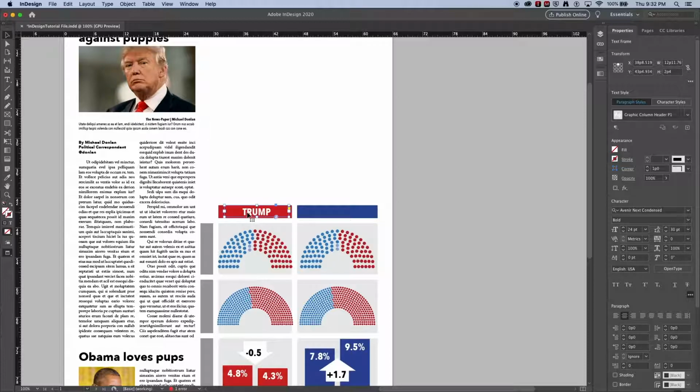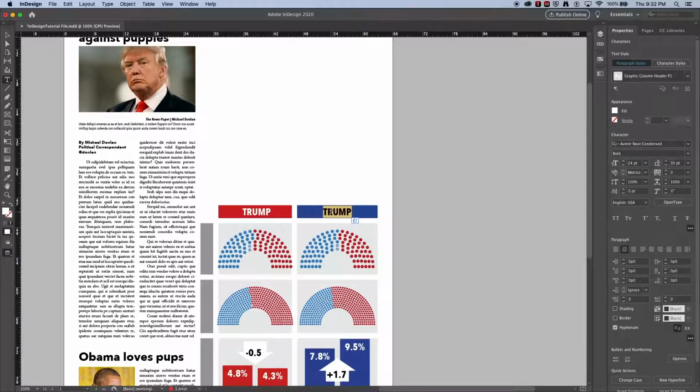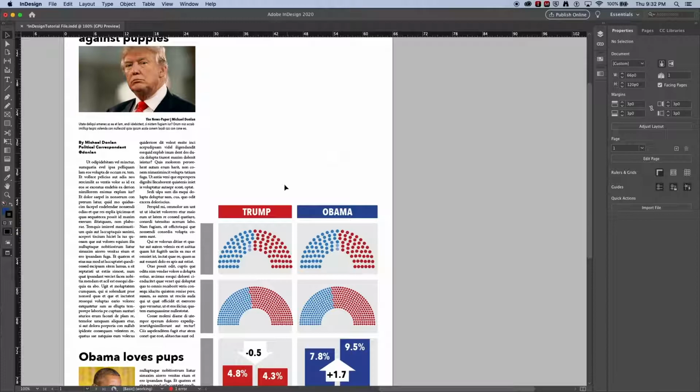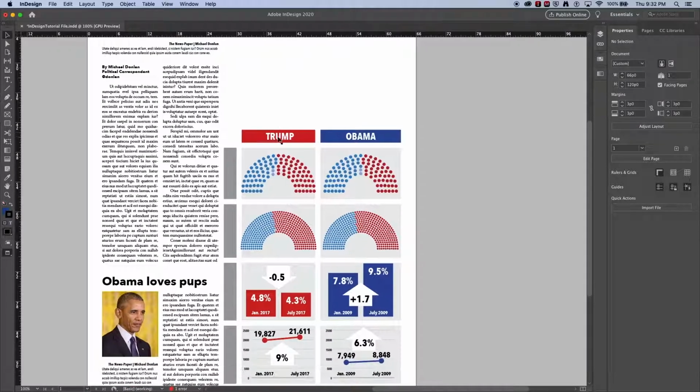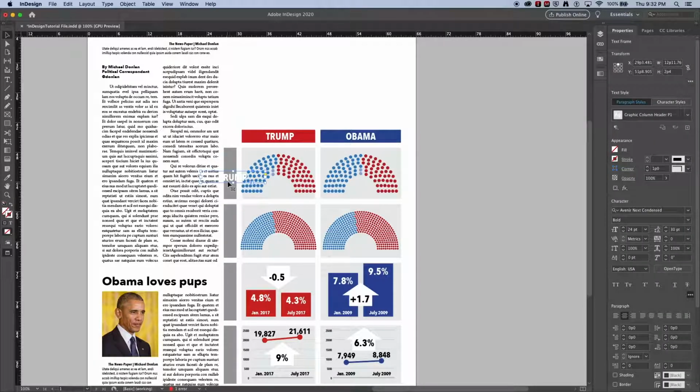Now I'm just going to Option Shift drag that over to the other side and get that lined up in the middle and change that to Obama. All right. Now if that's working for us, we can do an Option Shift drag over here to the side, or Option drag, but you'll see obviously that it's in the wrong orientation. So I'm just going to go ahead and rotate it holding the Shift key down, and that will constrain it to 45 or 90 degrees. And I'm going to bring this in so it's a little bit tighter, and then just sort of nudge that roughly into position, because we have a different